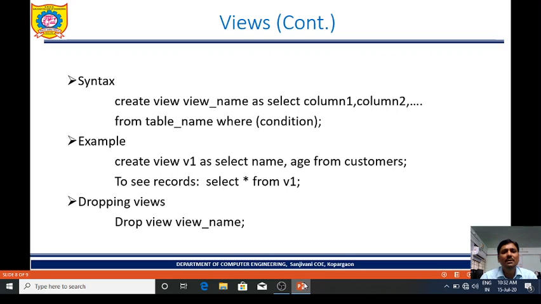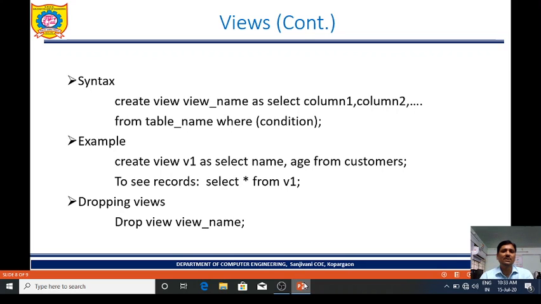Let us see one example. Create view v1, where v1 is the view name, as select name, age from customer. Name and age are attributes available in the customer table. Now I am creating a new view whose name is v1, and in that view there will be two attributes, name and age.